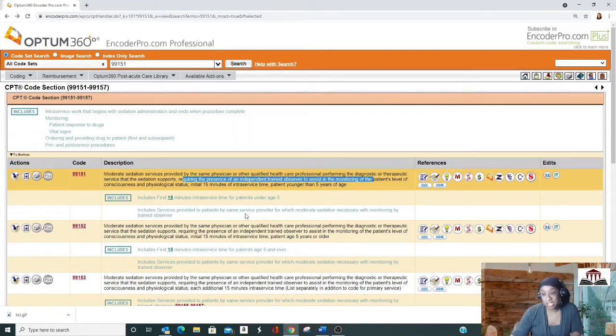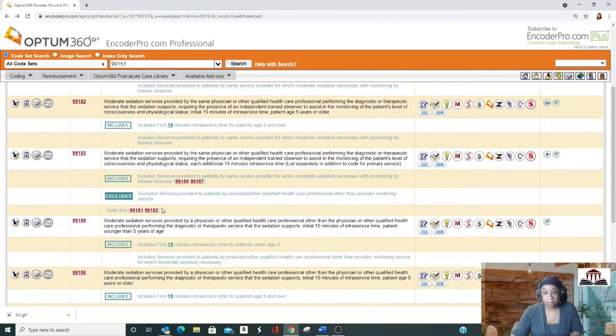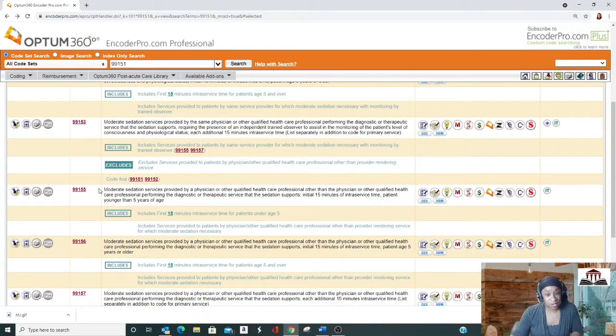From a documentation perspective, I recommend providers have the practitioner's name, so the nurse's name, for example. It might be an RN who monitors the vital signs, date, sign, credentials, all of that be part of the record. That is a requirement when the provider has dual roles. In the second scenario, that's what 99155's parent code is for. That's the same for 99155, 6, and 7 for this use.